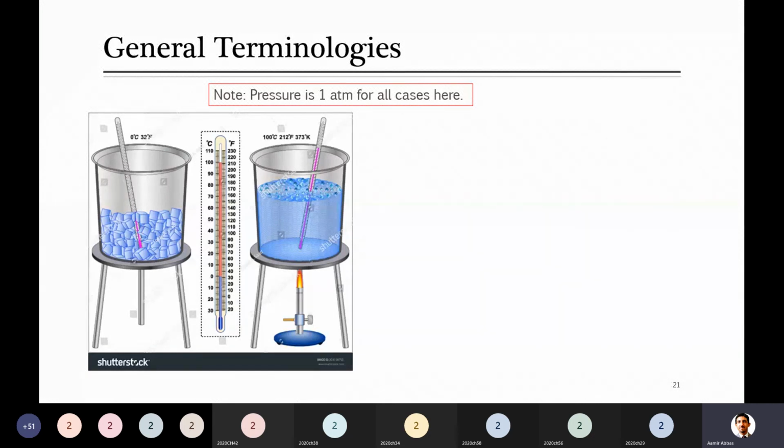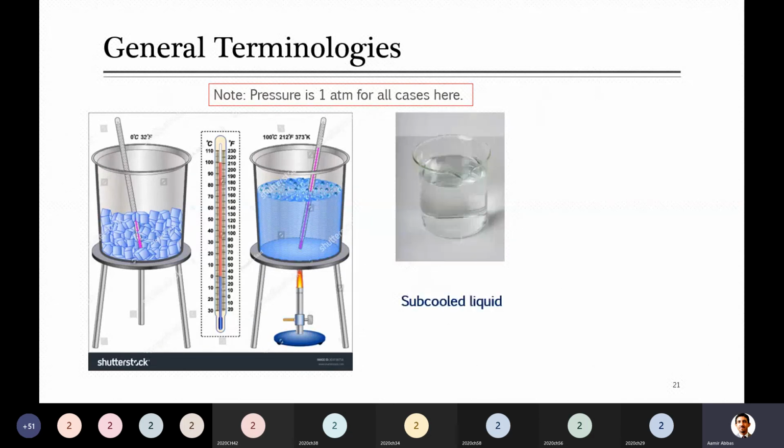Phase change starts. So during phase change, there is no change in temperature of this pure component, because we have water here, which is a pure component. I already told you somewhere inside the classroom that at atmospheric pressure, a pure component will boil at one constant temperature. So here it is boiling at 100 degrees C.